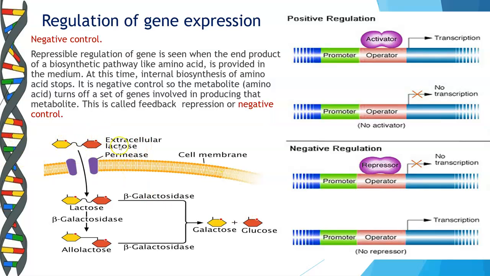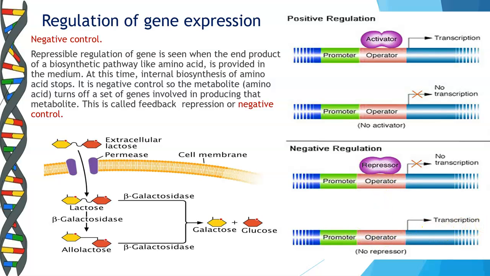Now, what this means is when your lactose is being metabolized, you have galactose and glucose being produced. Now, when the amount of glucose increases, this glucose goes and binds to your operator region and acts as a repressor. So what happens is no transcription of those genes will take place. That is, further entry of lactose is then not allowed, because permease will not be synthesized and the process of lactose metabolism will stop. So if the operator is free, the repressor is not there, and activator is there, then